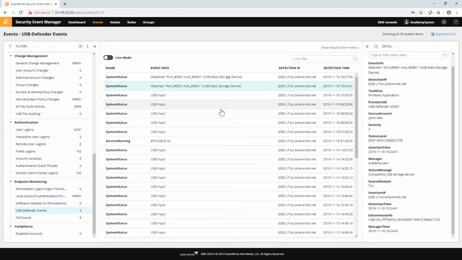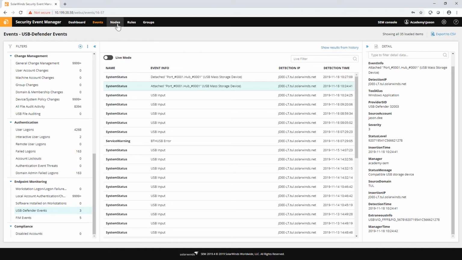Those types of events, you'll see that written here as well. So when you plug in a device, USB Defender is going to capture the attached events, detached events, and any file activity that happens on the device as it happens, and you can create rules and reports around whatever you want to do about any of those things. So let's have a look at the nitty-gritty of this.